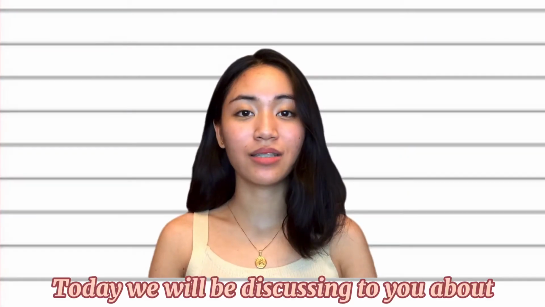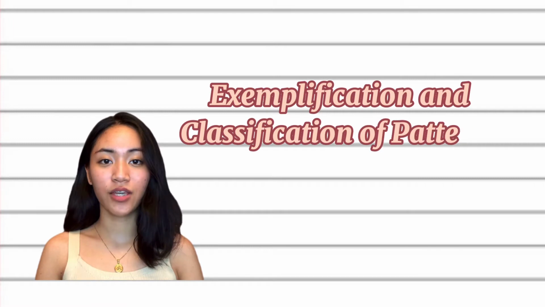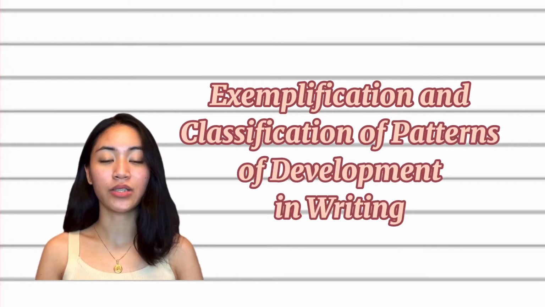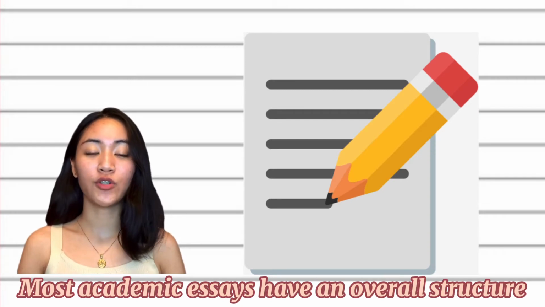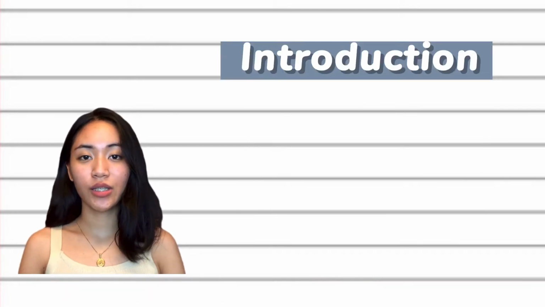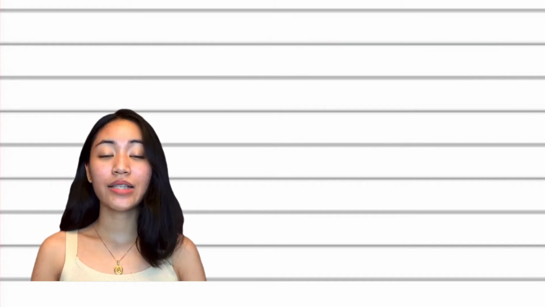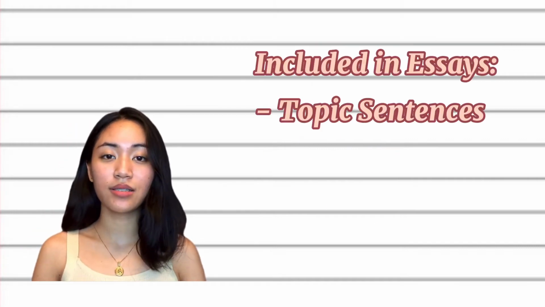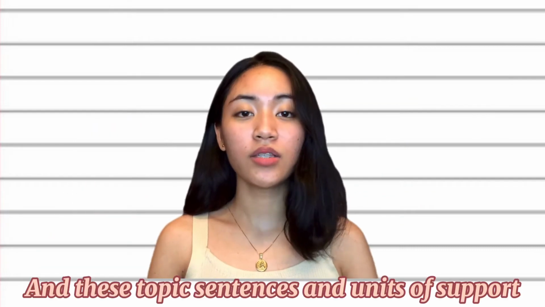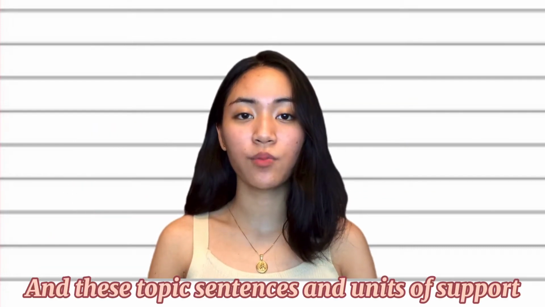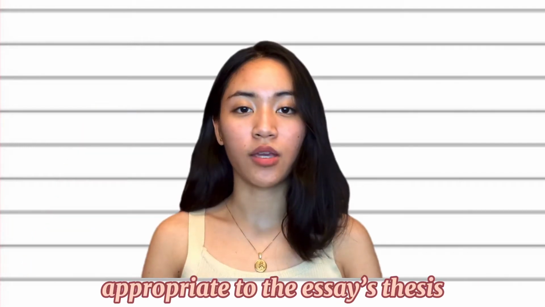Today we will be discussing exemplification and classification as patterns of development in writing. Most academic essays have an overall structure: introduction leading to a thesis, body, and conclusion. Essays also have topic sentences and units of support that constitute the body. And these topic sentences and units of support need to be ordered logically in a way that's appropriate to the